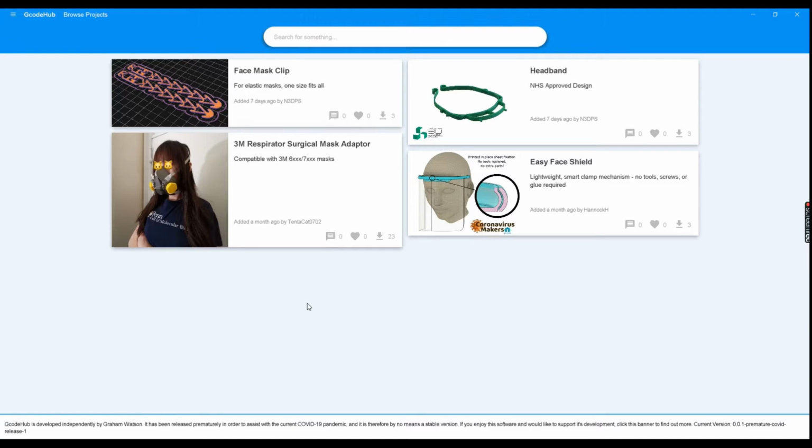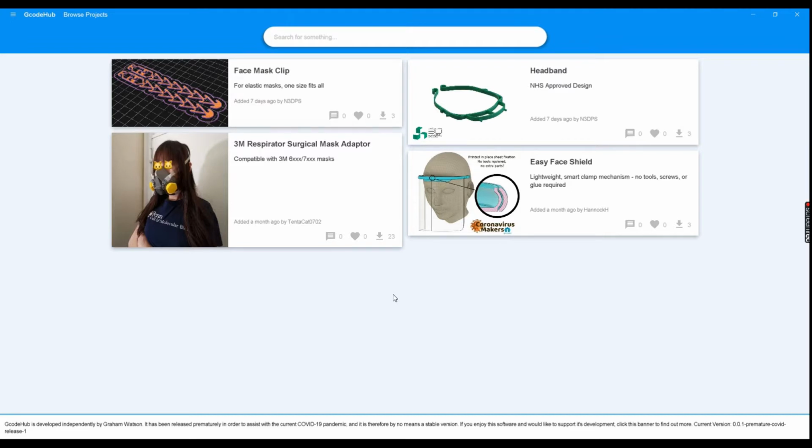The reason I released it quite early is because I think it can be quite beneficial to the current pandemic, as it would serve as quite an easy source to get some fundamental 3D printable files out. As you probably know if you've done any 3D printing, to download someone else's 3D printable model, you need to download it in a generic model or mesh format such as an STL, which you would then slice in some slicing software. And that tends to be pretty complicated and annoying to a lot of people,